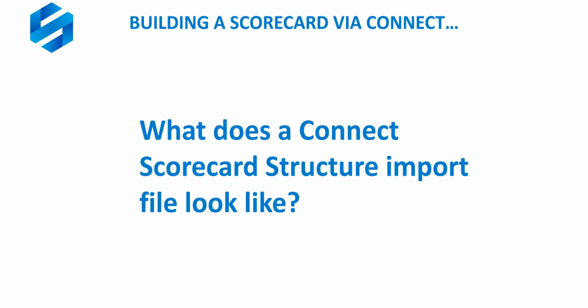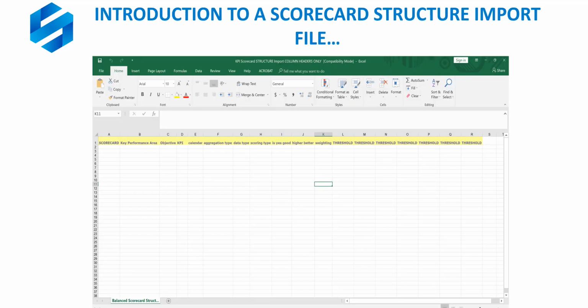The next logical question that people often ask is, well, what does a Connect scorecard structure import file look like? Here is a screen capture of a prototypical scorecard structure import file in Excel. You'll see that in column A, we have a scorecard column. B is a key performance area. C is objectives. D is KPIs. From column D out to the right, the remaining columns all pertain to the KPIs and provide information or properties